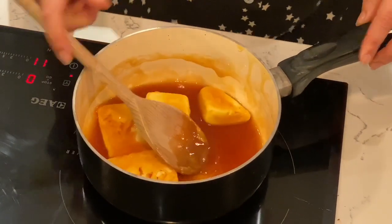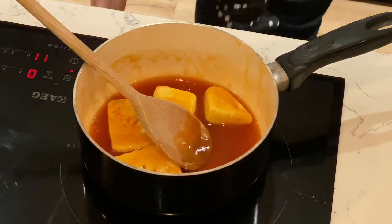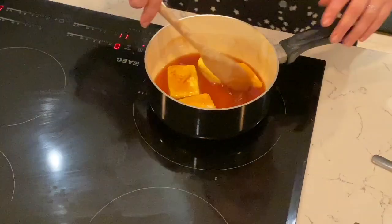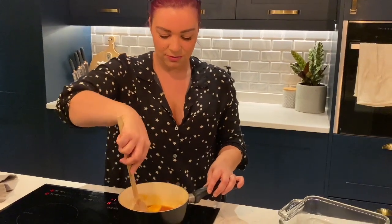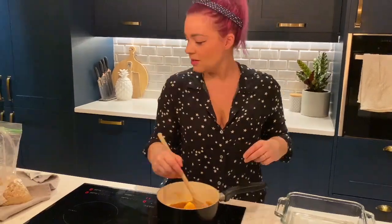And what you're gonna need next is some kind of a tray to put this in. Square or rectangular will be easier than a round pan or a round tray, because you're gonna wanna cut it up into squares when it's all finished. A square oven dish like this, that's ideal. While that's melting,